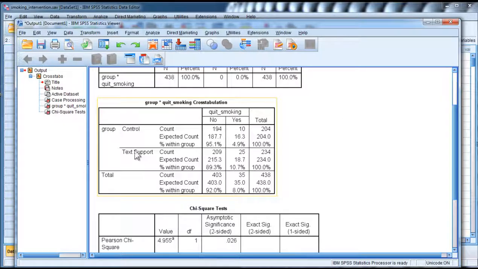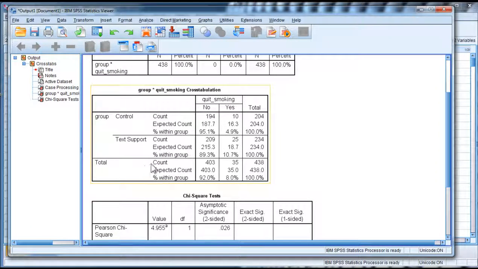And then for people who received the text messages that helped them quit smoking, the percentage was 10.7, so it's more than double, in favor of text support. Now, is this difference in the percentages statistically significant?